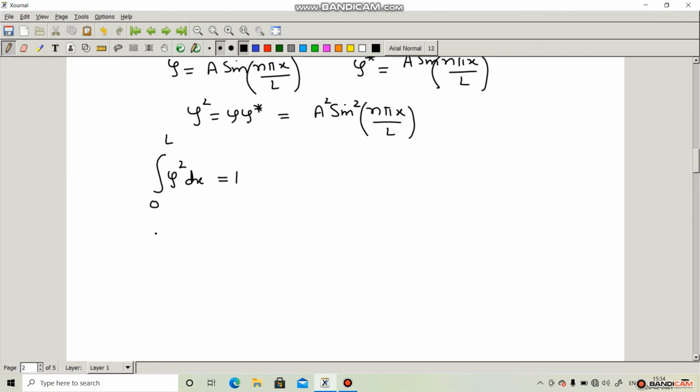This is the normalization condition. And from 0 to L, psi square is a square sin square n pi x over L